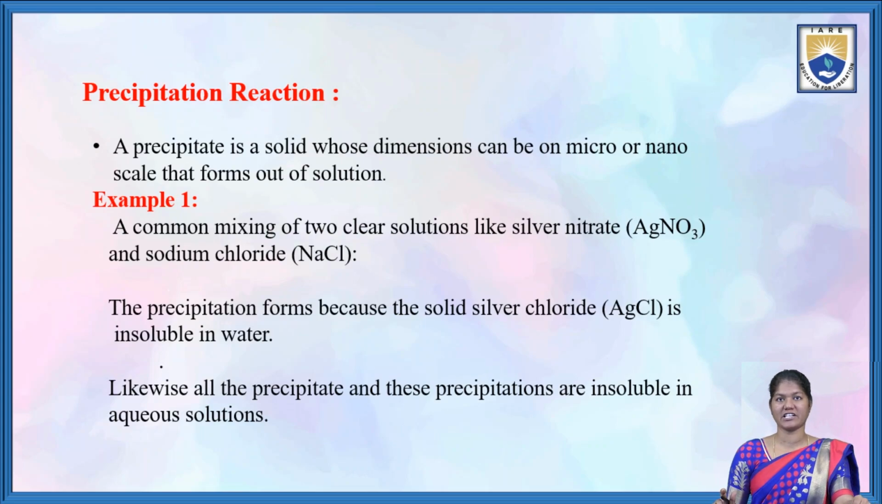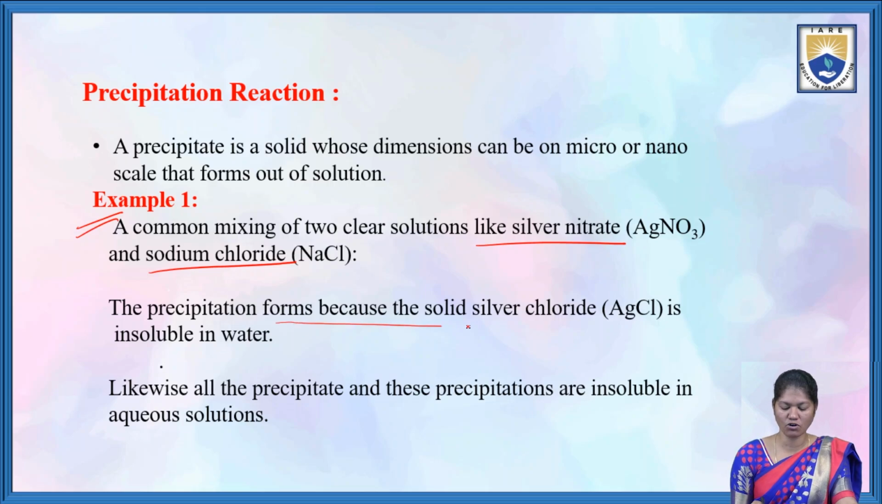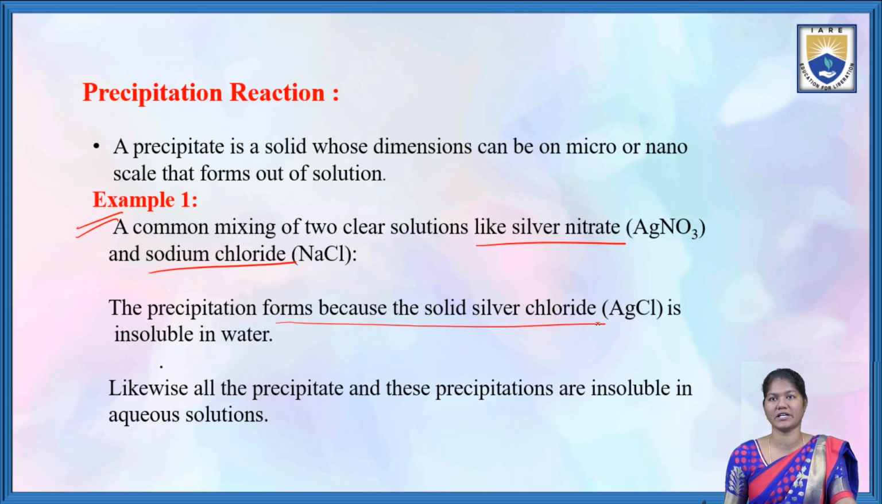Now let's see the precipitation reaction. A precipitate is a solid, whose dimensions can be on a micro or nano scale, that forms out of solution. For example, a common mixing of two clear solutions, like silver nitrate and sodium chloride. We take two clear solutions and mix them well. The precipitate forms because the solid silver chloride